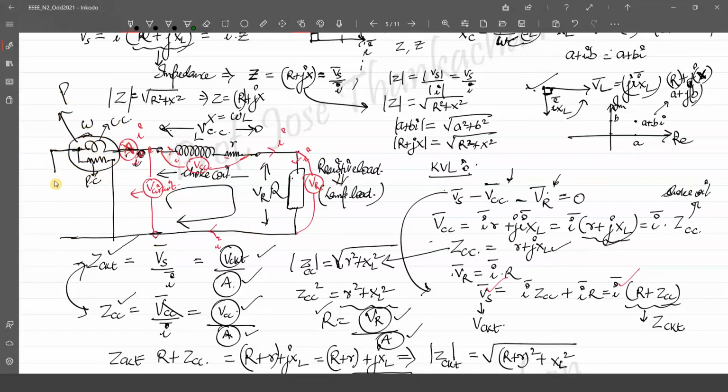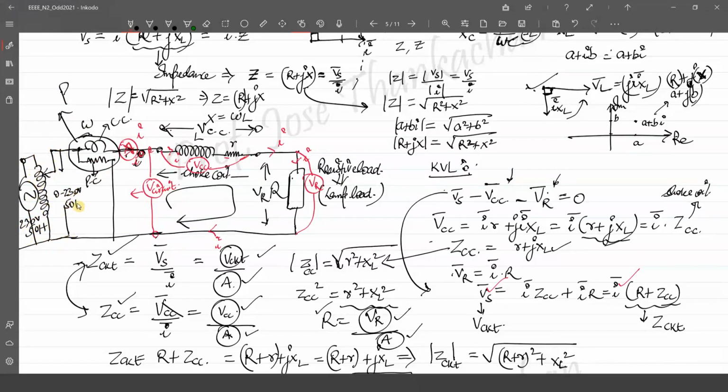And this supply, instead of directly giving an AC supply, what we are going to do here is connect an auto transformer, something like this, or a variac. Here we have a fixed voltage, 230 volt, 50 hertz. After this, there is a variable voltage. We are making it using a single phase variac. So this is 230 volt fixed, 50 hertz, and here we get 0 to 230 volt.